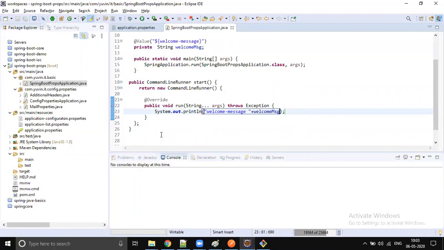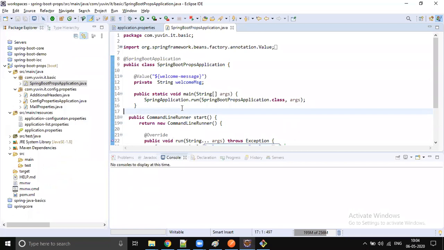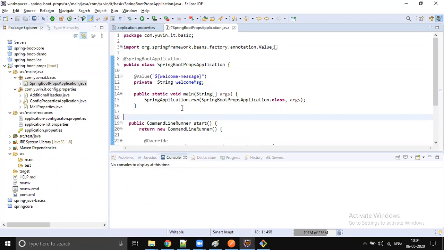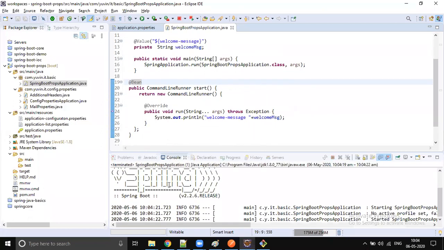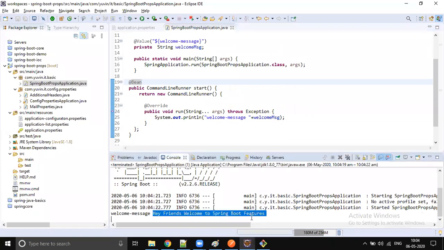So this is how we should execute it, right? No implementing command line runner interface. So this is how we should do. But after doing this, just add @Bean. So now the start method will be executed immediately after your application container is ready. So just run this. Now we will get the same output that we got last time.